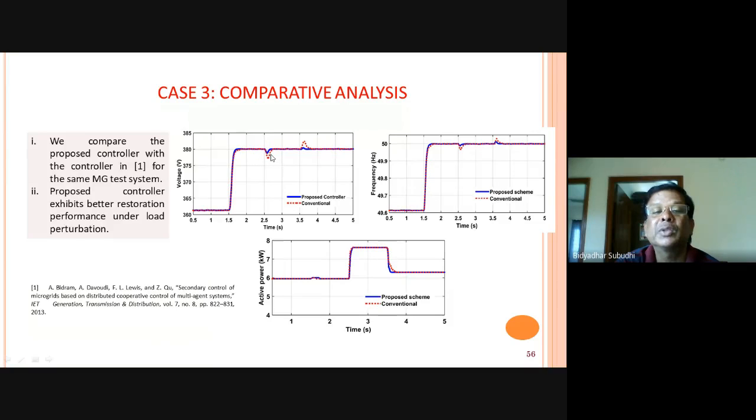Compared to the red line, the blue ones, the proposed one, is certainly quicker in suppressing the deviations. And these are the power deviations or swings in the earlier work,